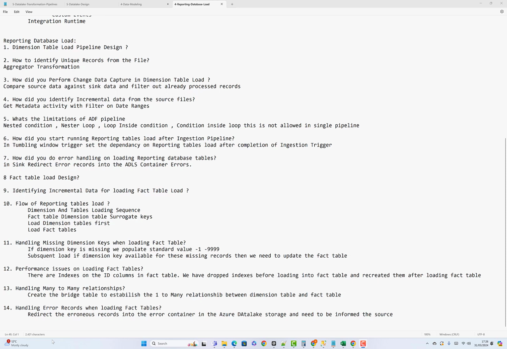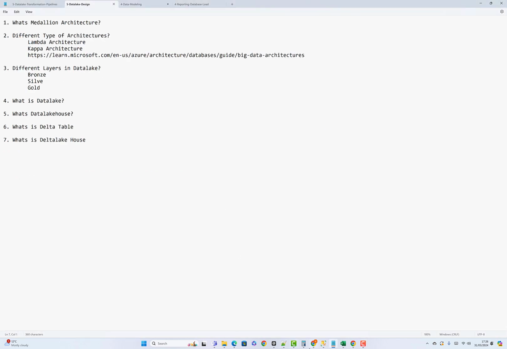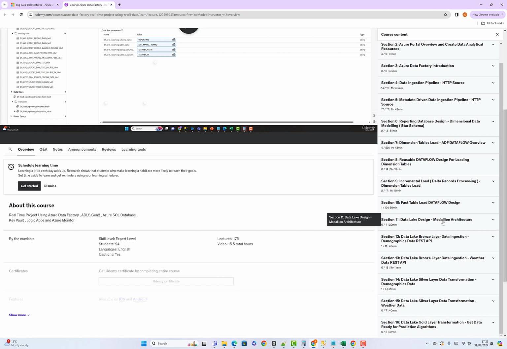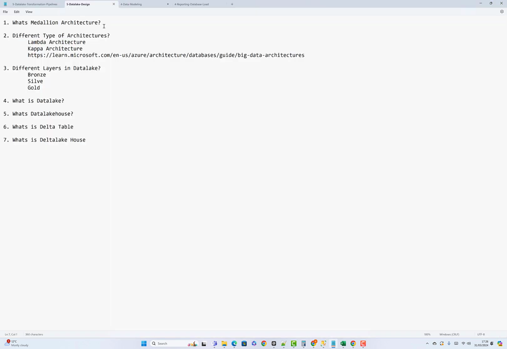We move to the data lake design, because after loading the fact table, I have started the data lake design: medallion architecture. I think I have asked to complete up to section 14, but they will ask you, do you know what is medallion architecture? Okay, the medallion architecture is basically organizing the data in data lake,